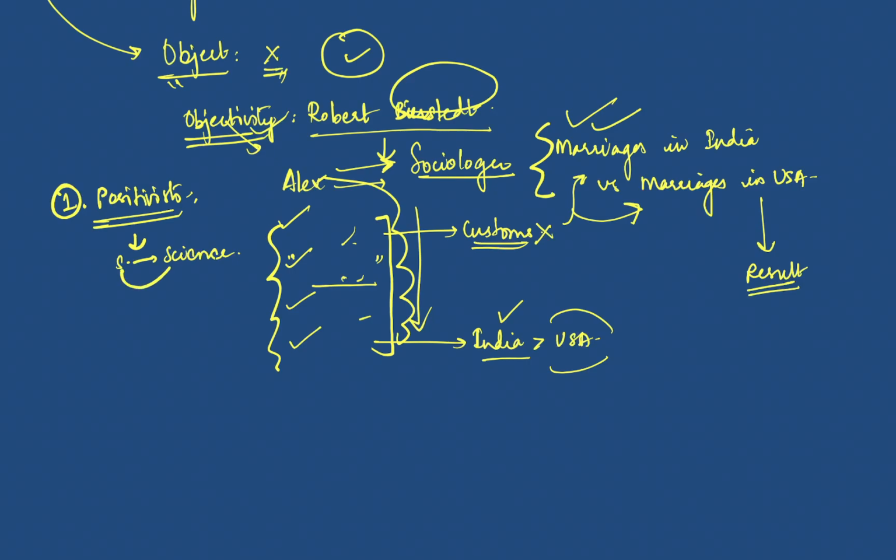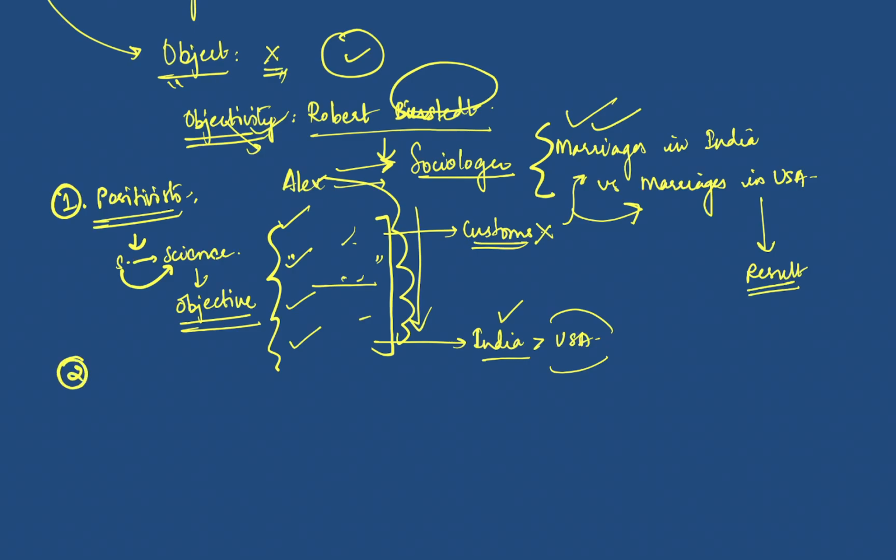So sociology is a science for positivists. That means it is objective, right? Because science is objective. Have you seen the objectivity example that I previously mentioned about non-vegetarian food? There are two different opinions of science, and science leaves it to you to decide whether you want to be a non-vegetarian or a vegetarian. It doesn't say that you do not have to be one or you have to be one. It just gives you the facts, whatever there is on the page, and then you have to make a decision on your own, right? So that is the positivist view.